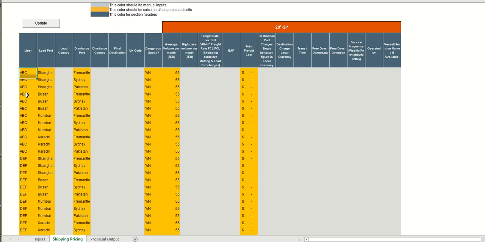So you can see the fields got updated with four load ports: Shanghai, Busan, Mumbai, and Karachi, and with the countries updated as well, right? Sorry, it's a load port. Again,